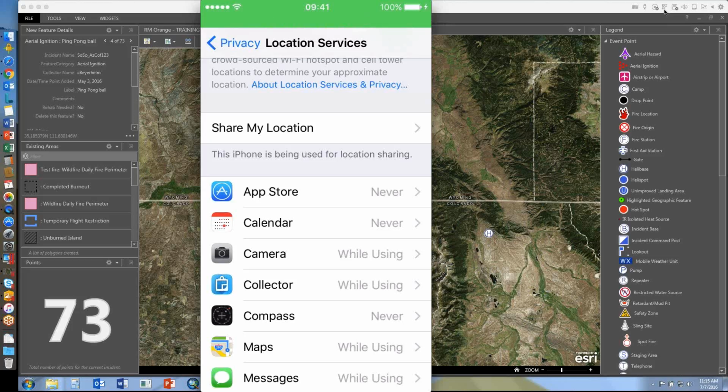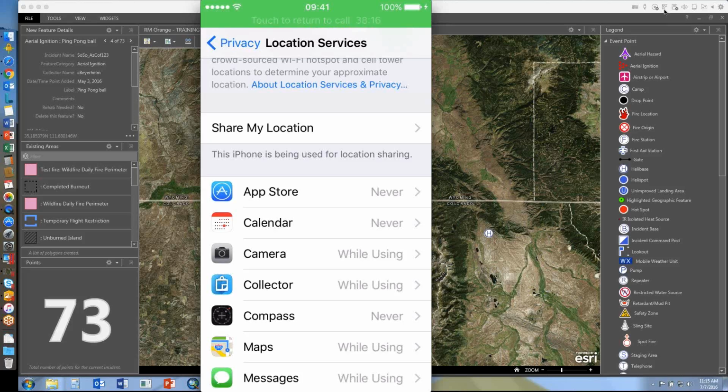If you turn on camera location while using or always, that will cover that need. But if you have questions about your specific device and how to save battery, if you just Google it, generally you'll come up with a whole slew of